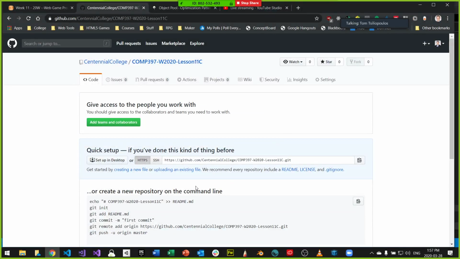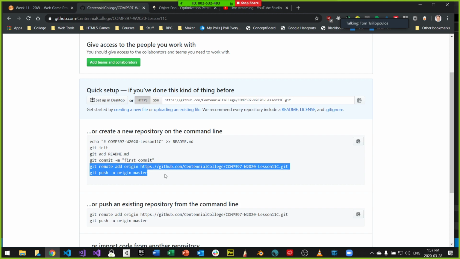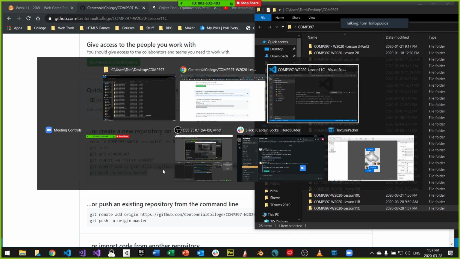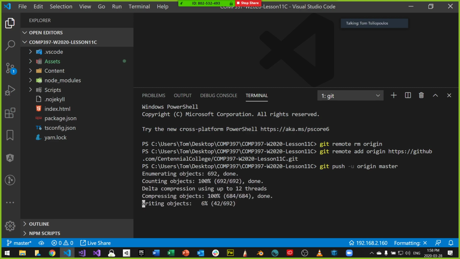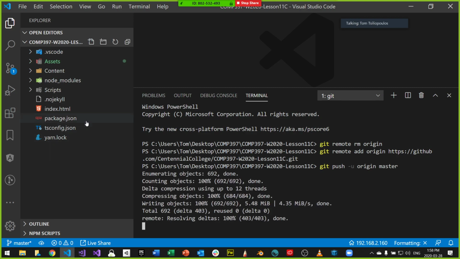Sorry. So grab these two last lines of code here, like I just did. Go back, and then right-click and paste. What this is going to do is push off everything that we have so far on the master. Don't get it yet, because I'm going to make some updates.